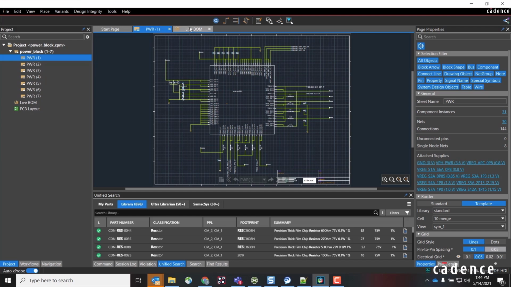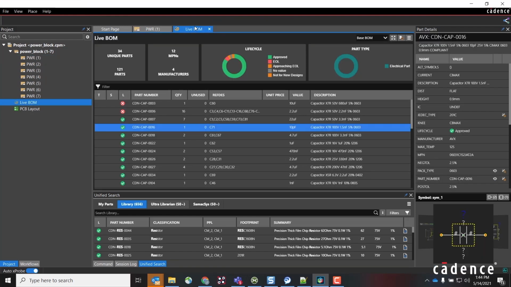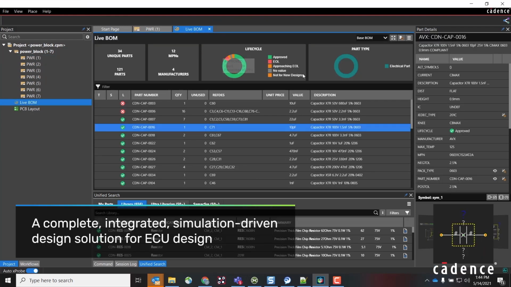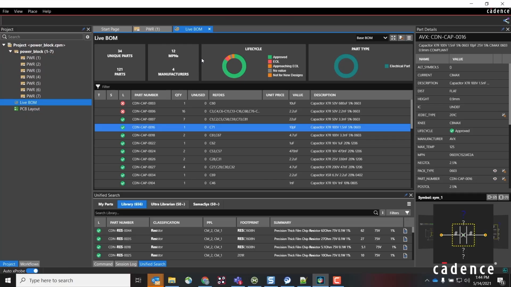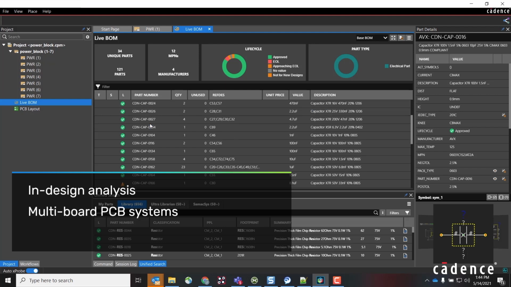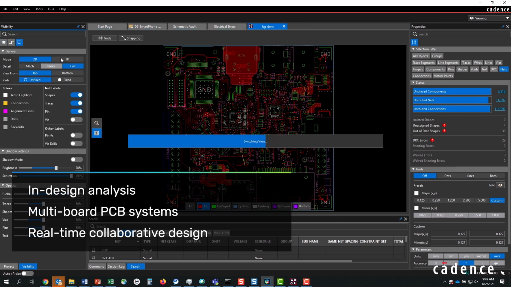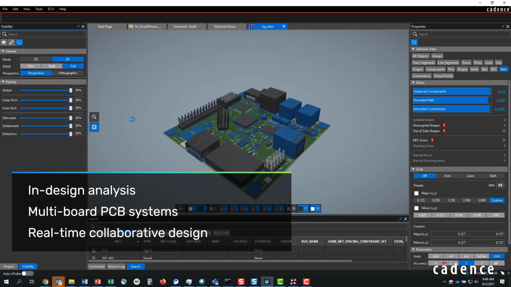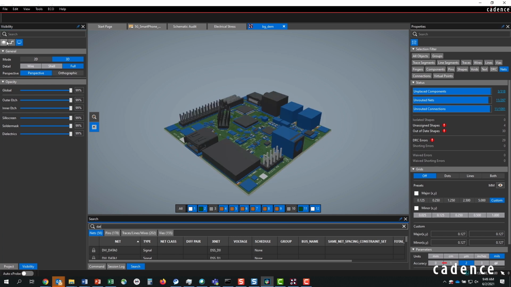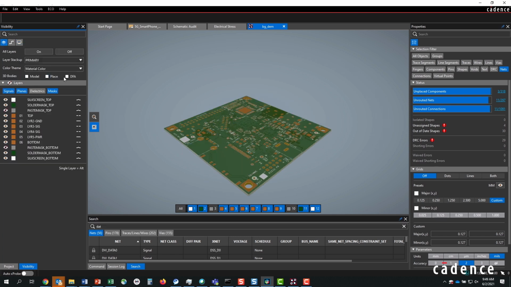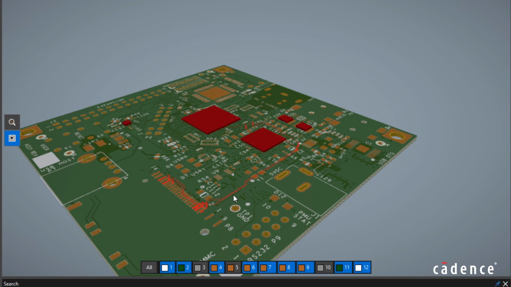Cadence Allegro PCB design and analysis tools provide a complete, integrated, simulation-driven solution for high-integration ECU designs. It enables PCB teams to simplify complex designs from concept to manufacturing. Analysis-driven designs help to quickly analyze the layout at any stage of the design cycle to detect and resolve potential SI and PI issues. Layout and routing algorithms make it easy to tackle both simple and complex routes in high-density